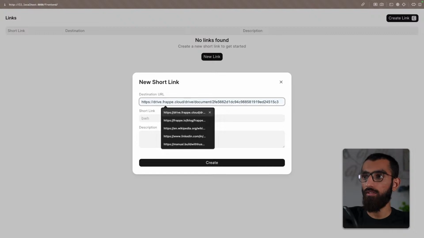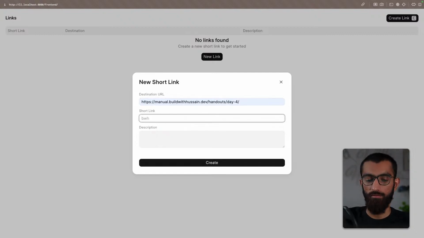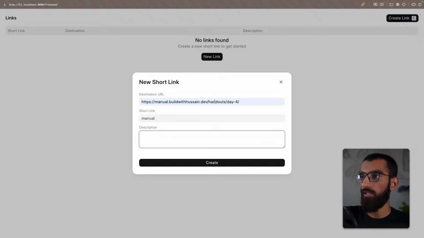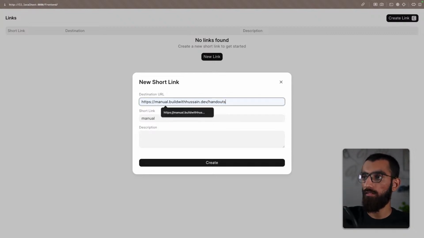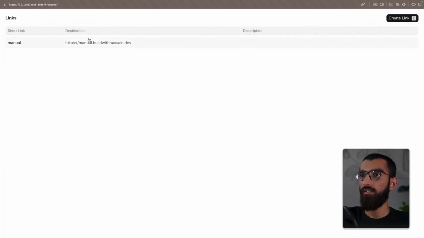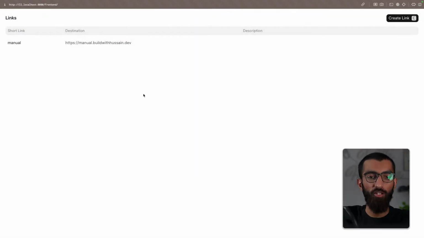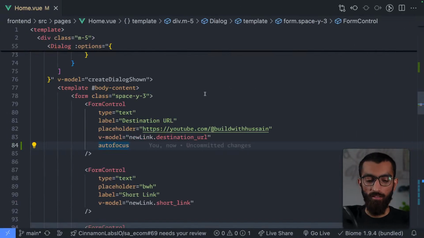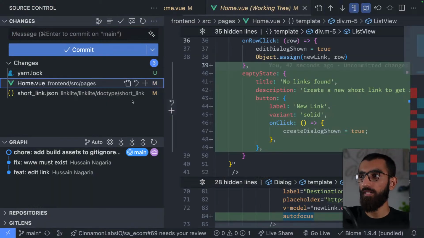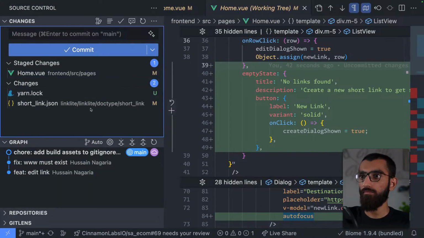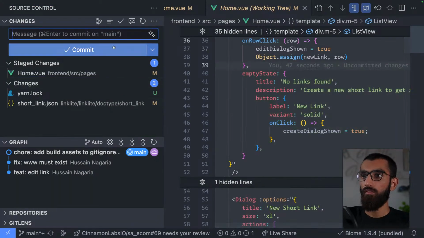HTTPS, Google, let's see. Manual. Manual. And I can say yes. Cool. So now if you visit slash manual, it should work. So now front end is also okay and working. Let's do a commit. So fix